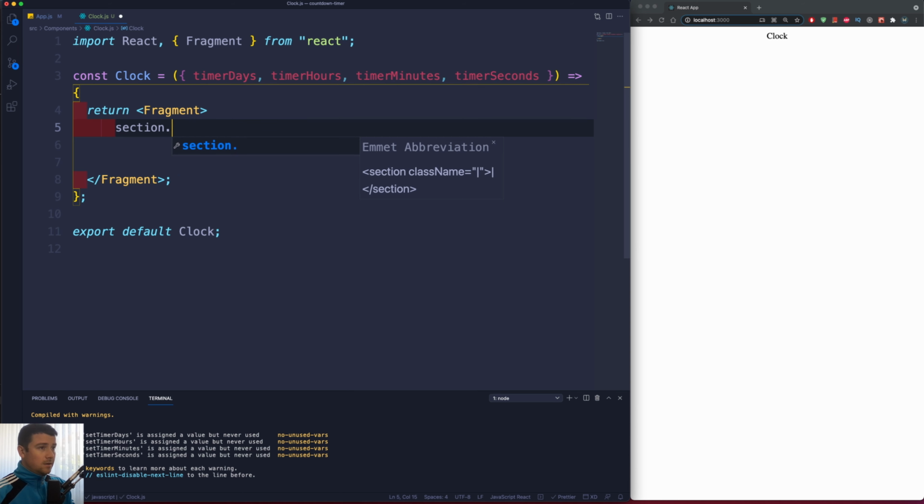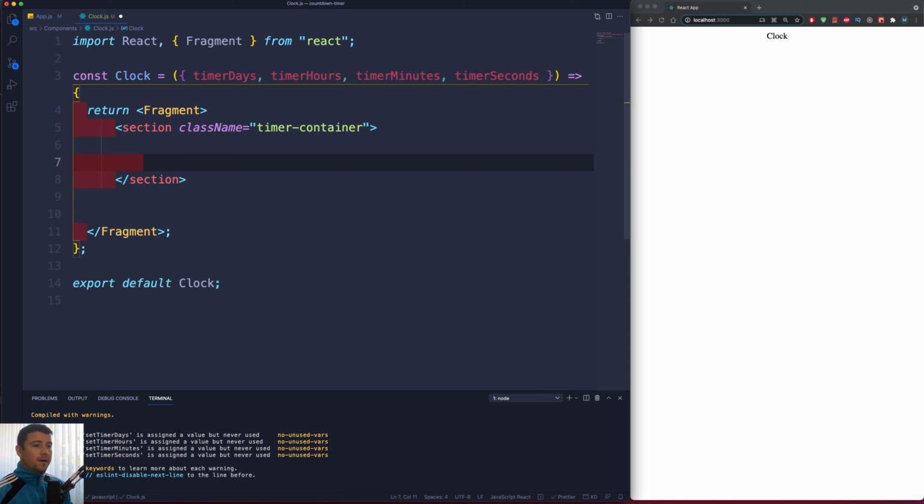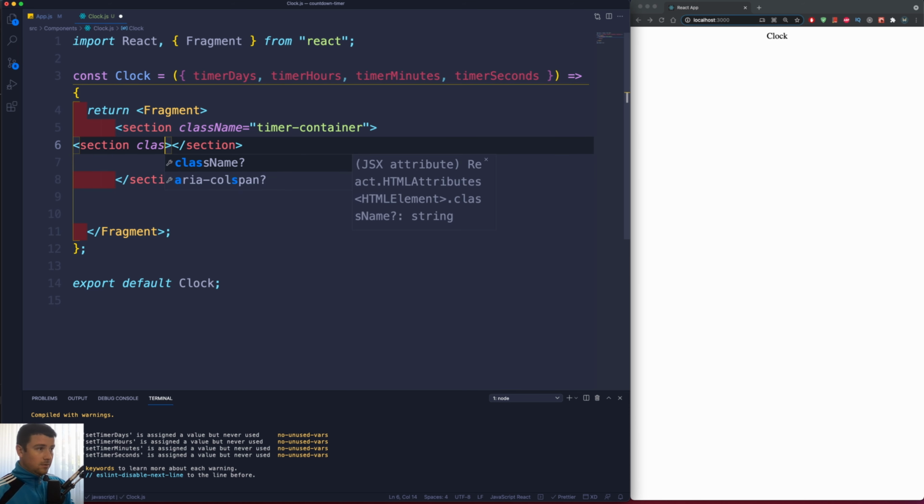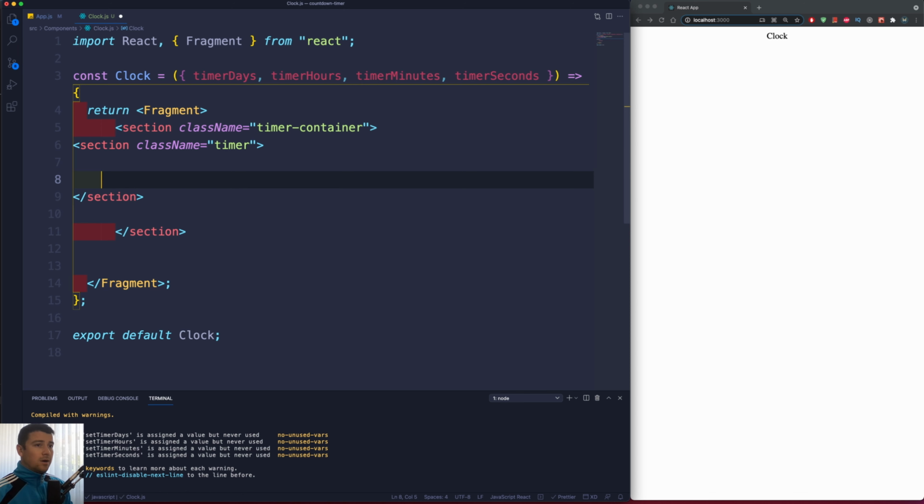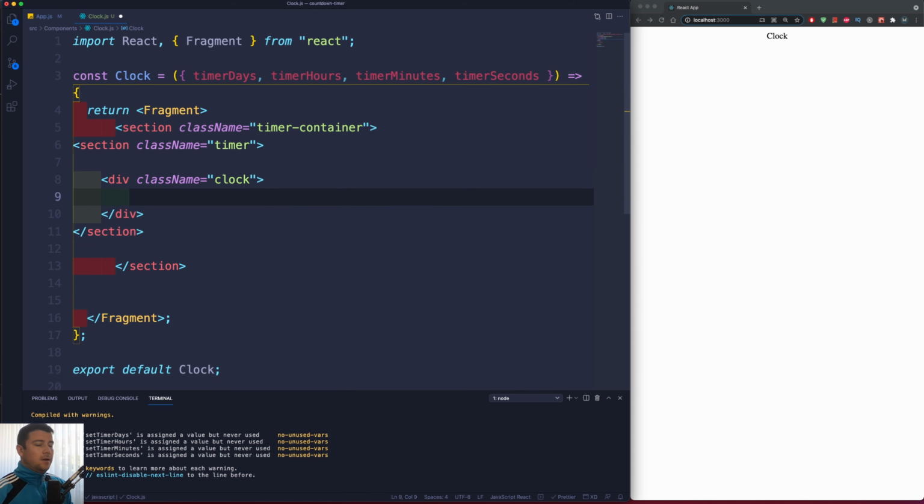Section and dot for the class timer container. Okay, within our timer container, we're going to have our timer itself. So let's create another section. I'm going to give this the class name of timer. And now we can create our clock, which is just going to be in a div. So class clock. And now I'm going to create different sections for the days, hours, minutes, and